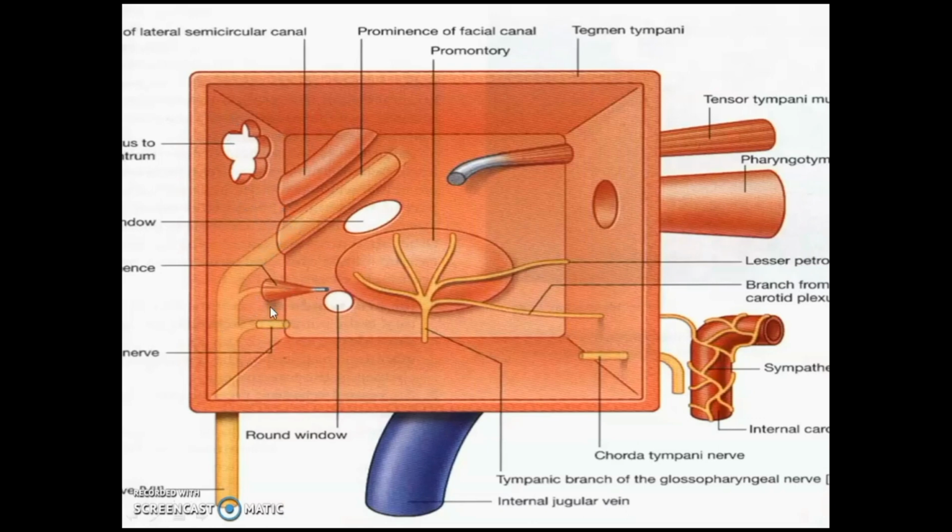whereas you can see the bony canal which is lodging the facial nerve there, whereas the medial wall you will see the promontory formed by the bulge of the basal turn of cochlea containing tympanic plexus over it, and you can see the oval window and round window, posterior and posteroinferior to the promontory, and above the oval window you will see the oblique part of the facial nerve, and above it you will see lateral semicircular canal.